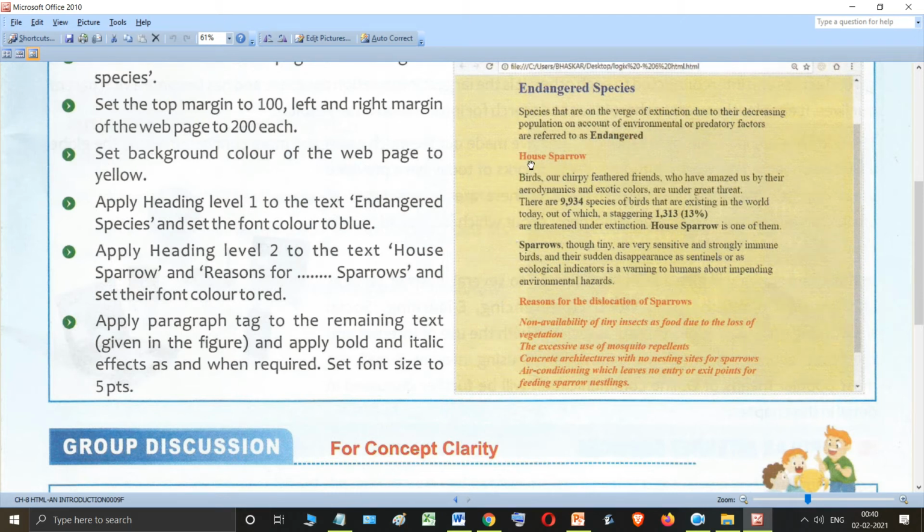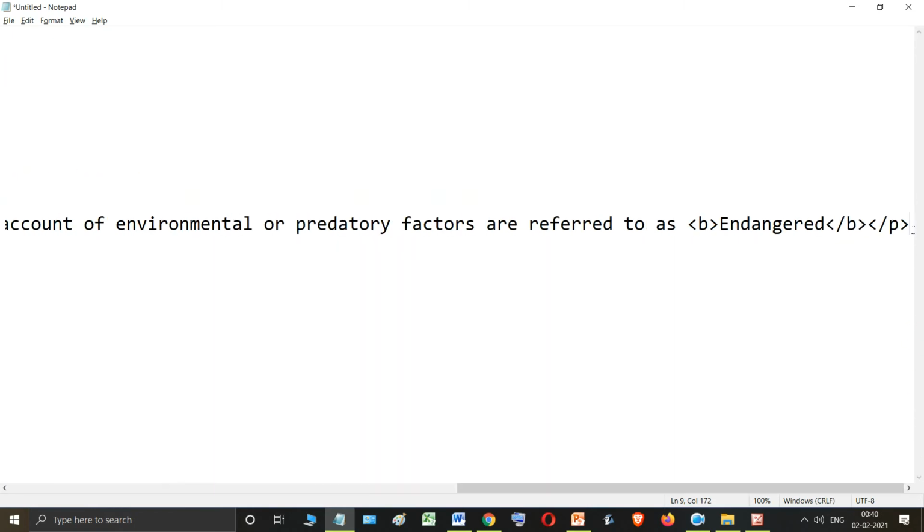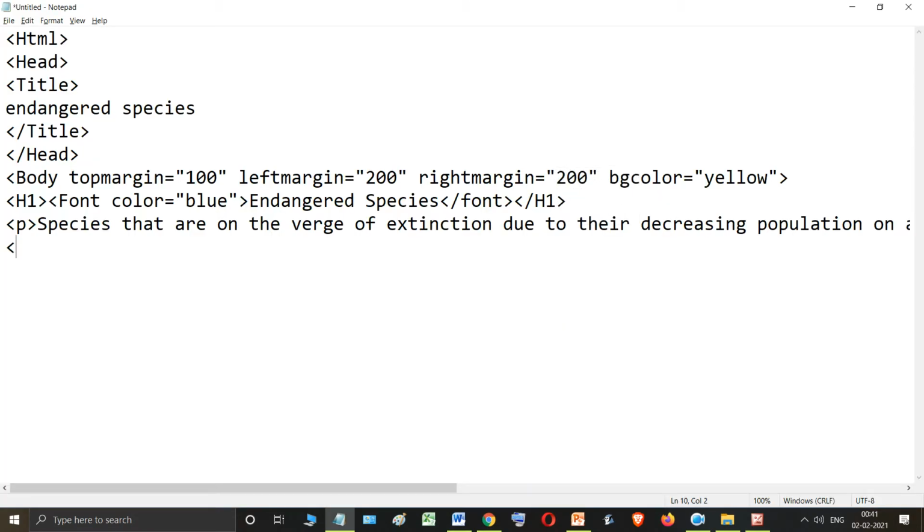Now regarding this house sparrow, apply heading level 2 to the text house sparrow and reasons for house sparrow. Set the font color equal to red. So this and this we have to give heading level 2 and its color to be red. So let us do that. After this we need to open a new paragraph, and inside this new paragraph we need to write house sparrow.